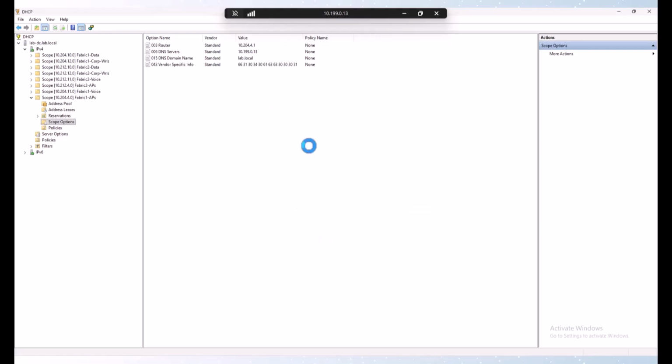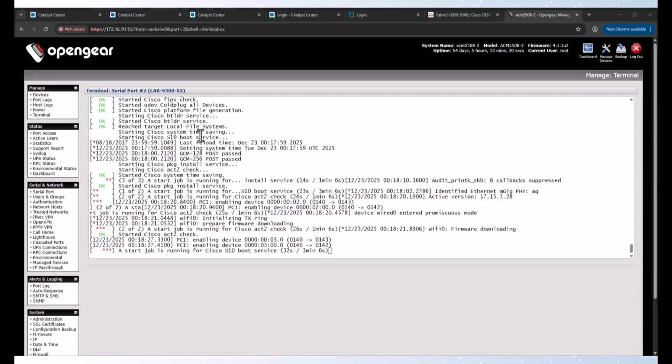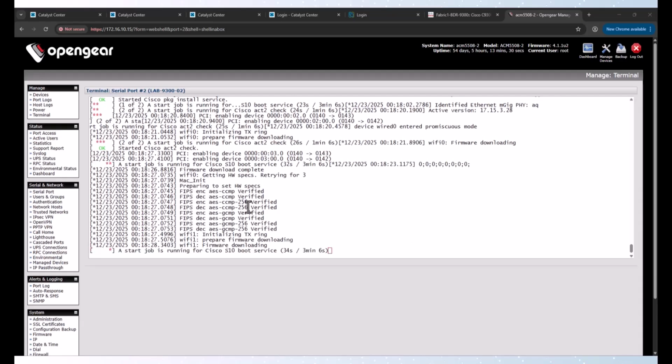Apply that. And we'll give that some time. I rebooted the AP and it never came back, and I started digging in and figuring out what I did wrong. It was that. So I went ahead and hooked a console cable up to this so that we could see it rebooted the AP. And I think we should be getting close to the part where we see it